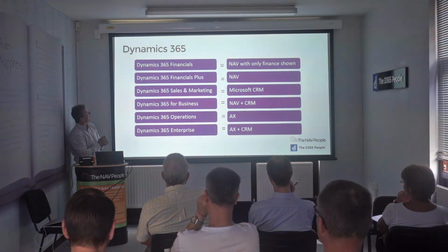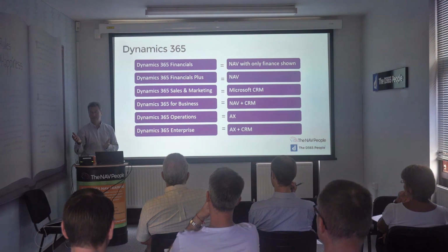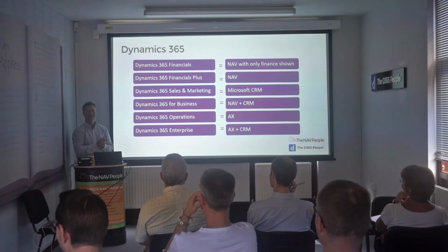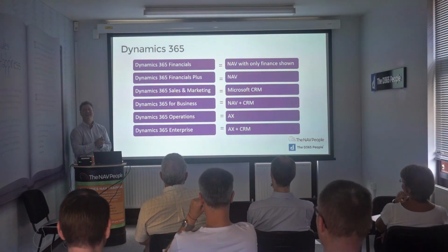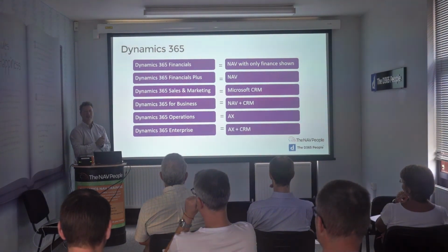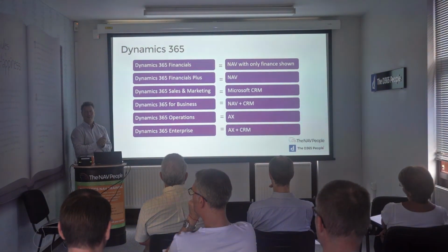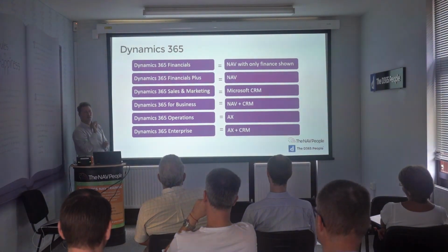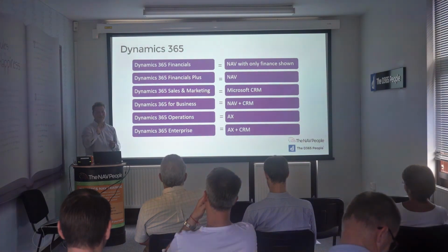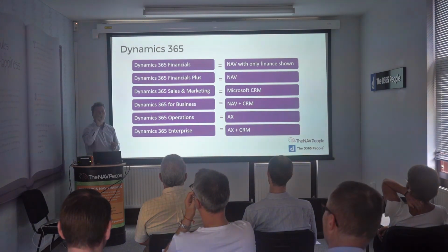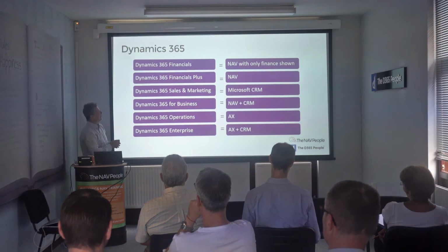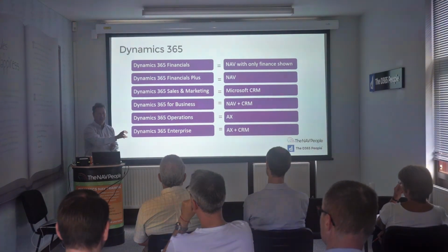So we haven't got Dynamics 365 for Financials. They're now called that for business, I guess. The new official name is Dynamics 365 Financials and Operations Business Edition. How beautiful is that? Dynamics 365 Financials and Operations Enterprise Edition. Okay, good. Dynamics 365 Finance and Operations. Beautiful, much better, much more catchy. So if you see Dynamics 365 Financials and Operations for business, that's NAV. And if you see it for enterprise, that's AX.